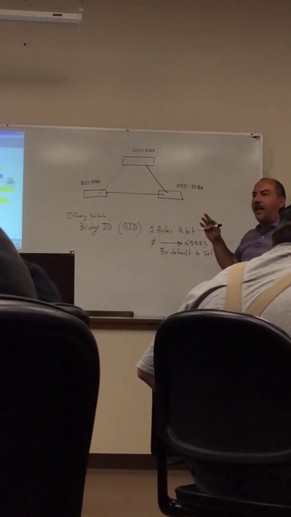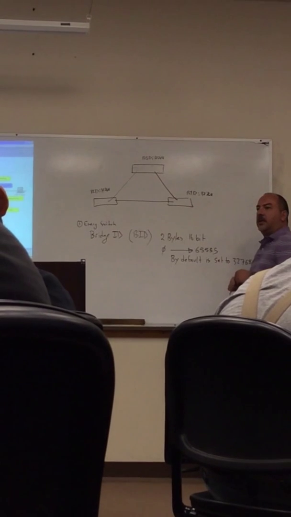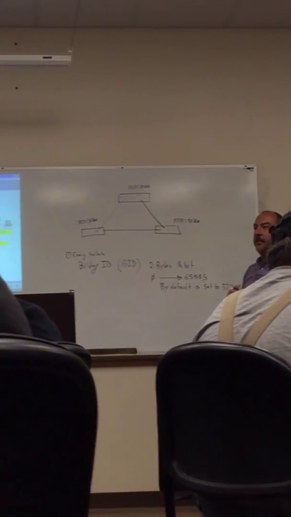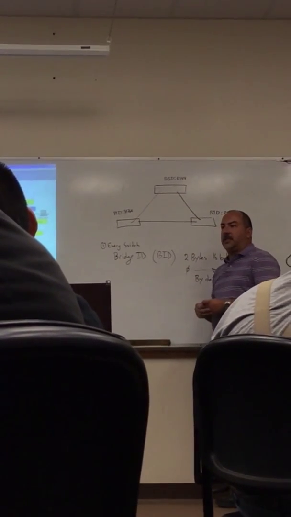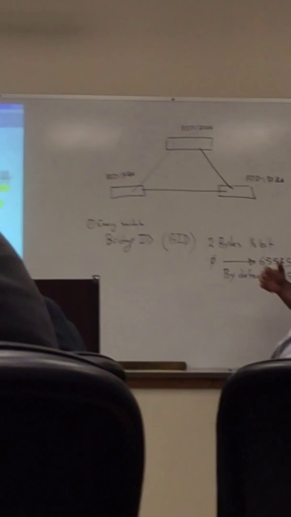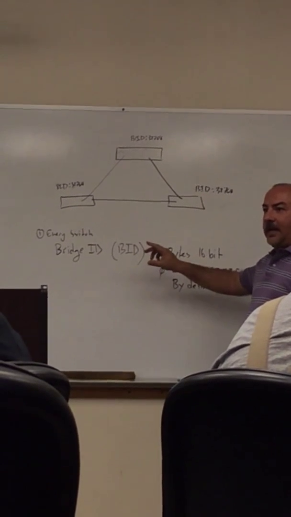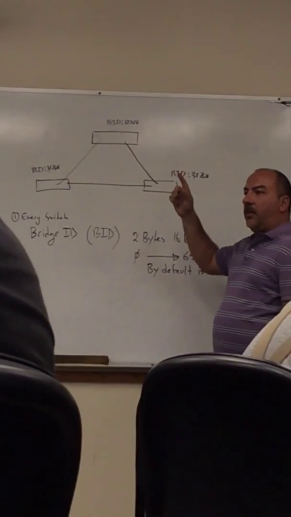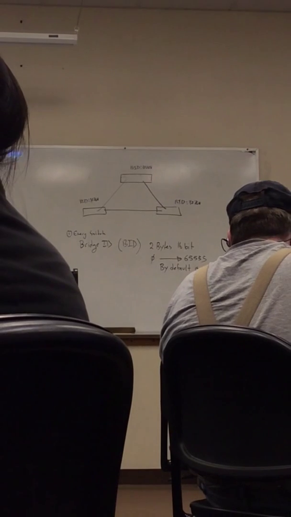So you can change that number, and you can make it anything from 0 all the way to 65,535. Okay, but by default, if you turn on any Cisco switch, it is by default set to 32,768. So all these 3 switches are set to the same bridge ID, which is 32,768. That's one of the tools that will be used by the spanning tree protocol to choose which port finally it's going to block. Okay. The other thing that it takes into consideration is the path cost,